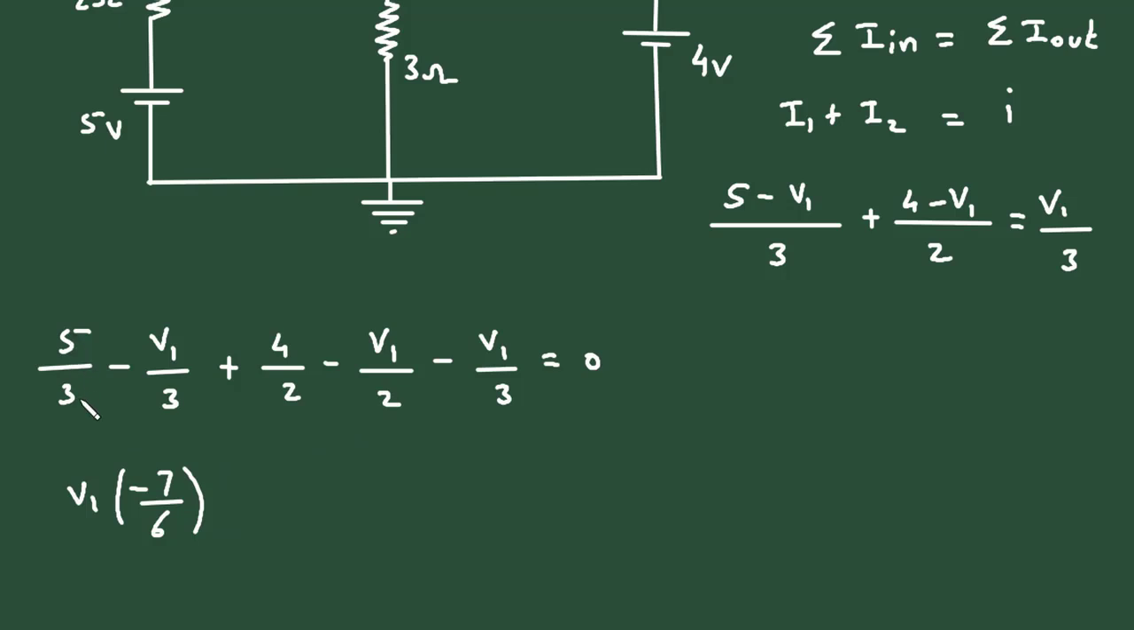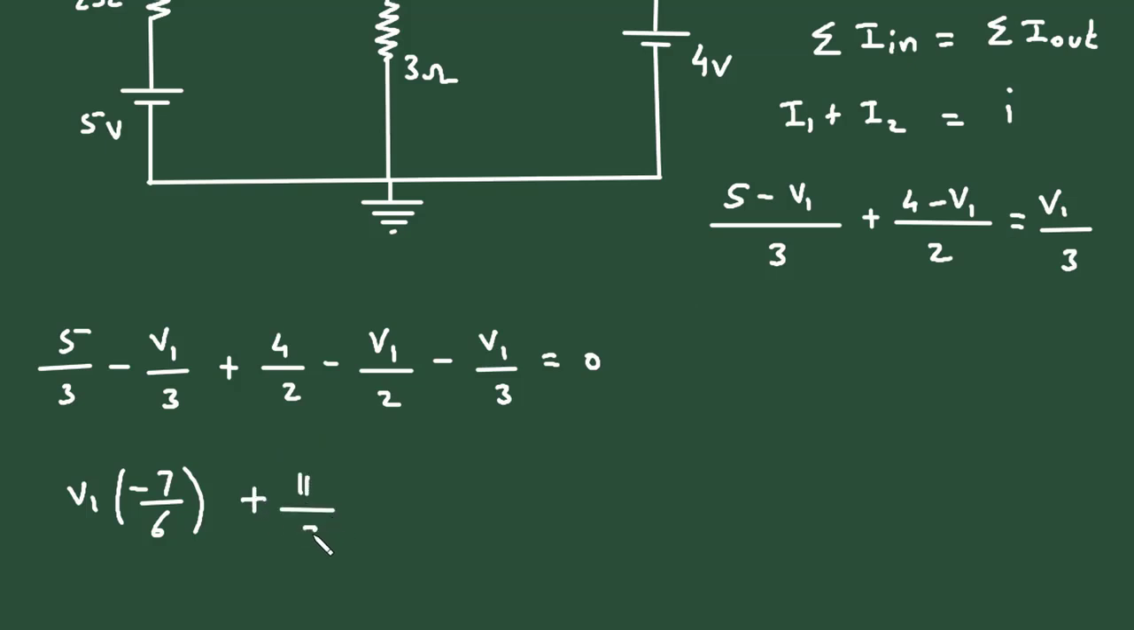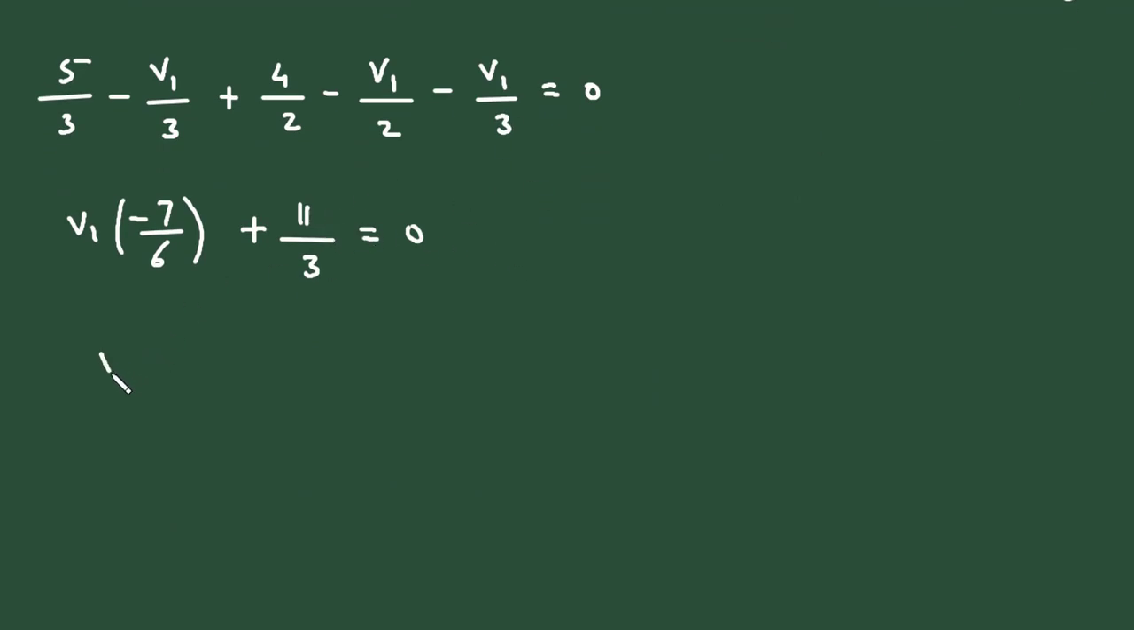Now if we simplify this, 5 divided by 3 plus 4 by 2, which is 2, so it will be 11 by 3. So plus 11 by 3 is equal to 0. If we take this on the right side, the minus minus will get cancelled. So it will be V1 times 7 divided by 6 is equal to 11 by 3. Therefore V1 is equal to 11 by 3